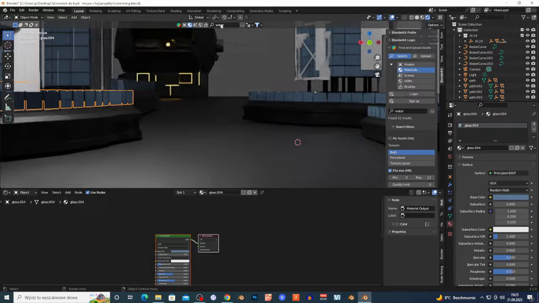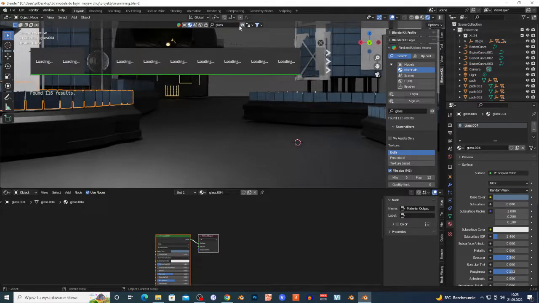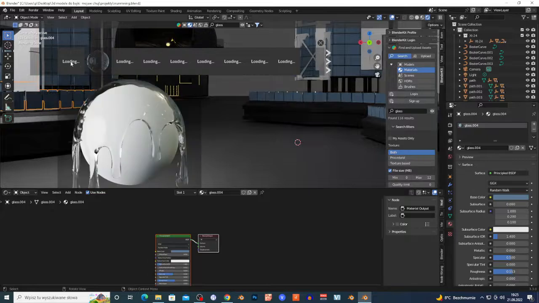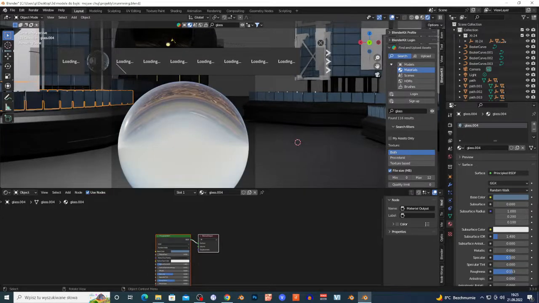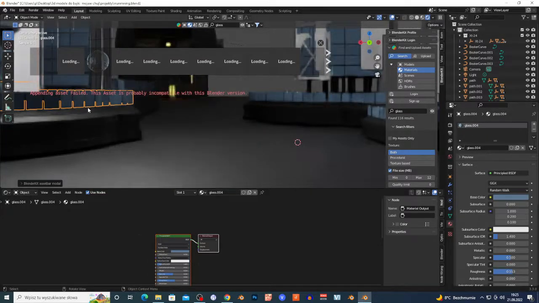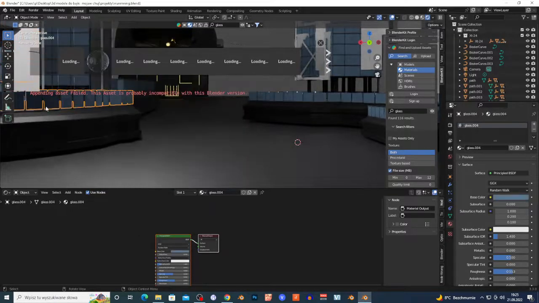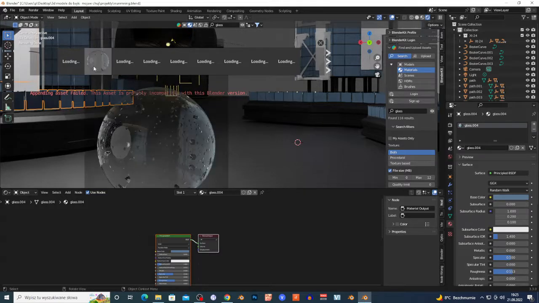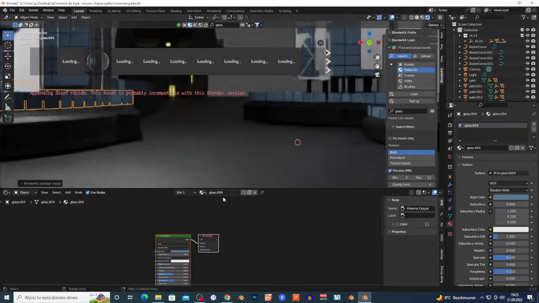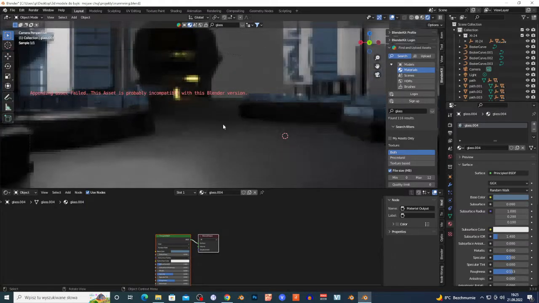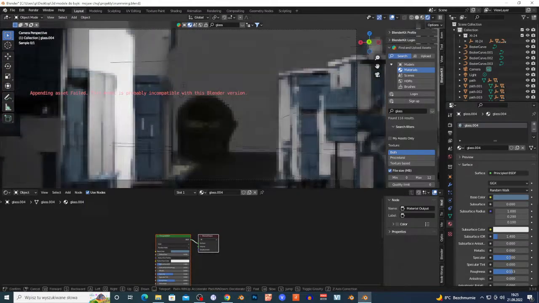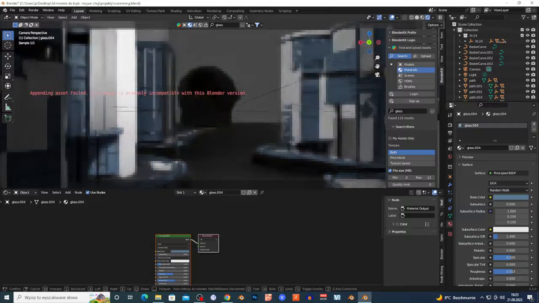So I need to add right here glass material. Can I add glass material? It annoys me. Yeah, it works. Okay. No, it doesn't work. Blender kit doesn't work. I don't know why, and it annoys me. As you can see, I built this. I'm gonna work more on this.